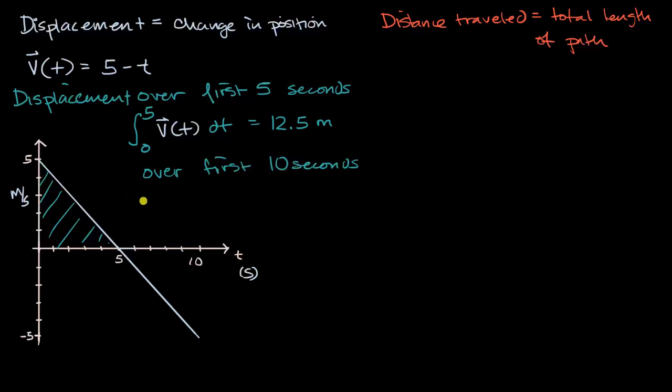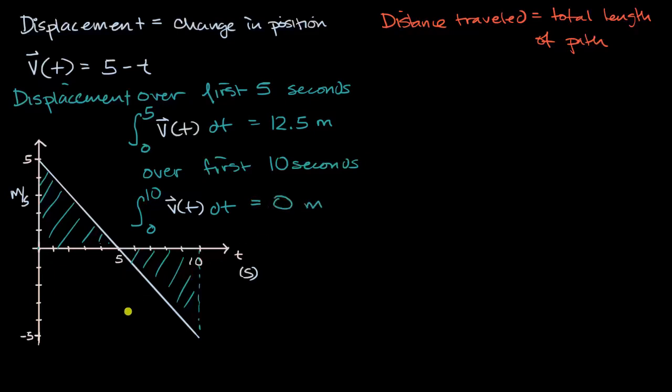Well, we would just do the same thing, the integral from 0 to 10 of our velocity function, our one-dimensional velocity function, dt. And so that would be the area from here all the way to right over there, so this entire area. But you might appreciate when you're taking a definite integral, if we are below the t-axis and above the function like this, this is going to be negative area. And in fact, this area and this area are going to exactly cancel out, and you're going to get 0